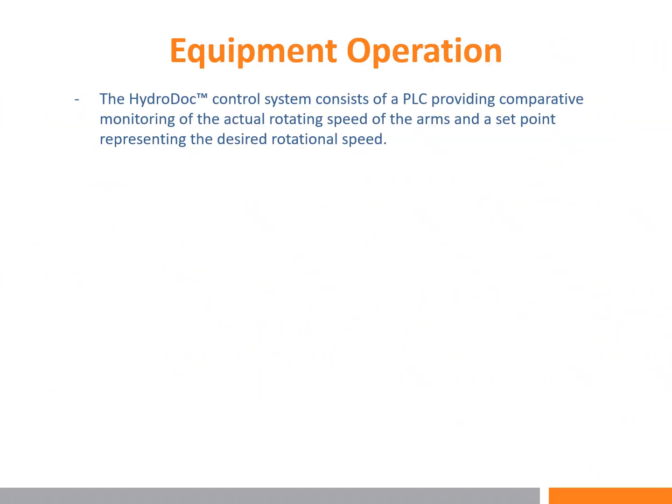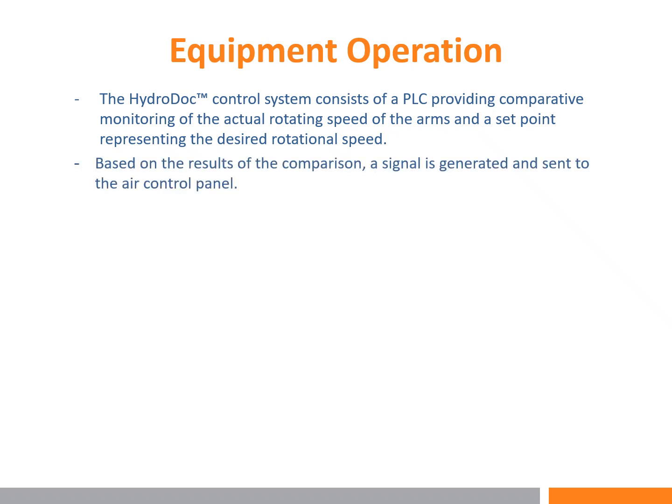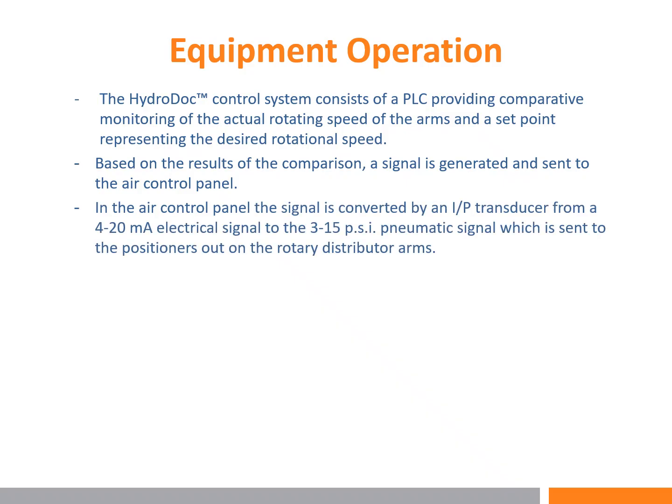The HydroDoc control system consists of a PLC providing comparative monitoring of the actual rotating speed of the arms and a set point representing the desired rotational speed. Based on the results of the comparison, a signal is generated and sent to the air control panel. In the air control panel, the signal is converted by an I to P transducer from a 4 to 20 milliamp electrical signal to the 3 to 15 psi pneumatic signal, which is sent to the positioners out on the